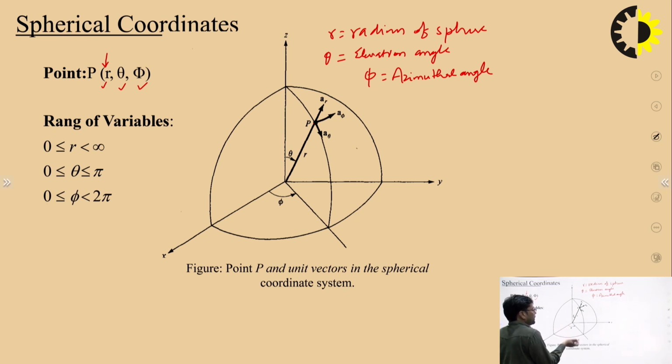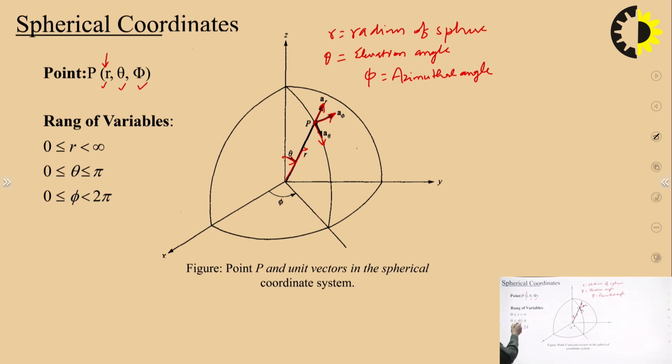So phi is the same as in the previous case in the cylindrical coordinate system, and theta is the angle made from the z axis towards the point P. This is the radial direction, and this is the unit vector AR. This one is the tangential component A phi, and this one is A theta, right. And the range of the variables that you need to understand: r should lie from 0 to infinity,